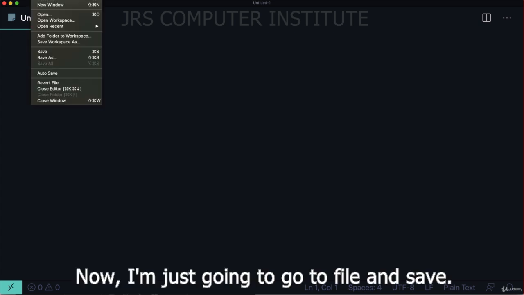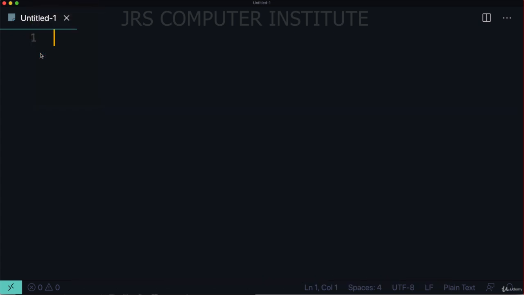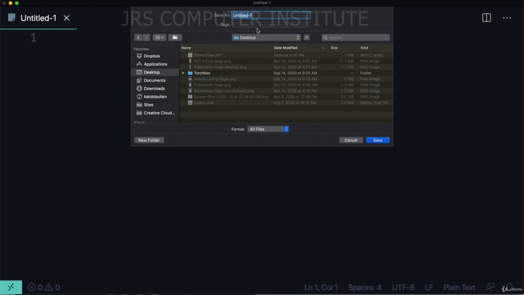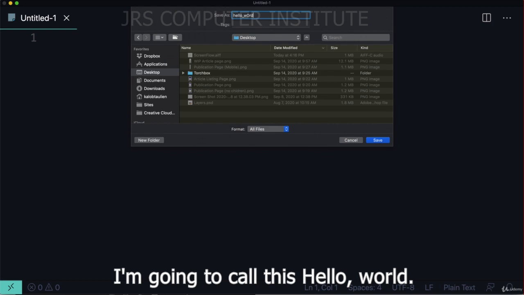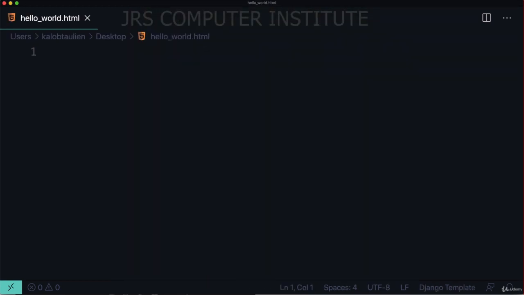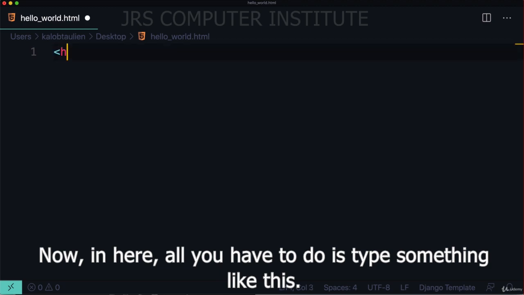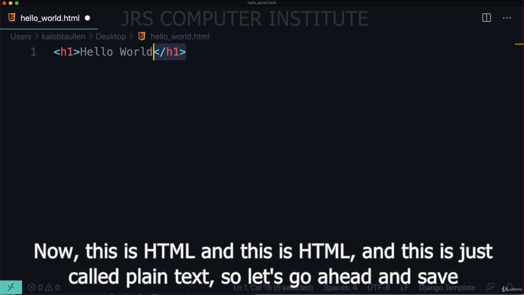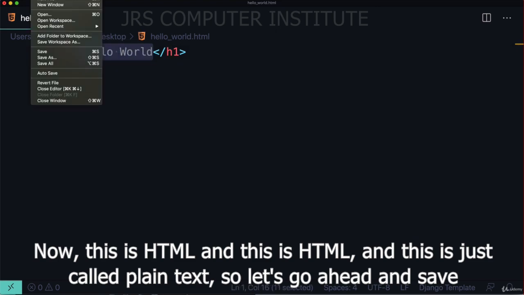Now I'm just going to go to File and Save. And I'm going to save this to my desktop. I'm going to call this HelloWorld.html. Now in here, all you have to do is type something like this. h1 Hello World /h1. Now this is HTML, and this is HTML, and this is just called plain text. So let's go ahead and